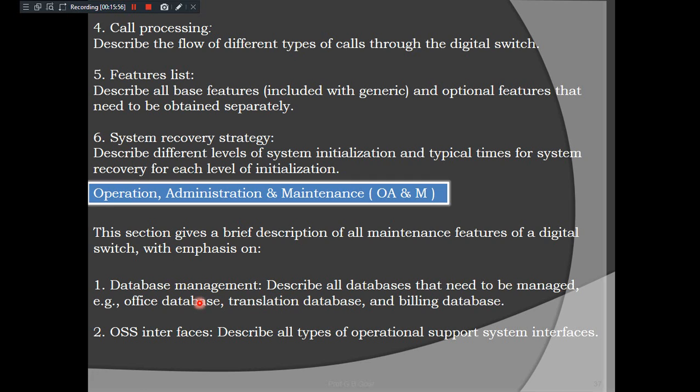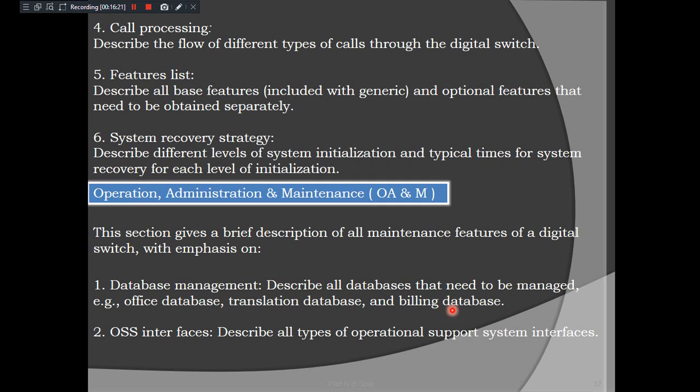Office data you know already. Translation data means, suppose you want to map from a subscriber number to the subscriber terminal equipment number, directory number mapping, then directory number to LM number, to TM number, to IC number, like that mappings will be there. So all that data will be kept in the translation database.